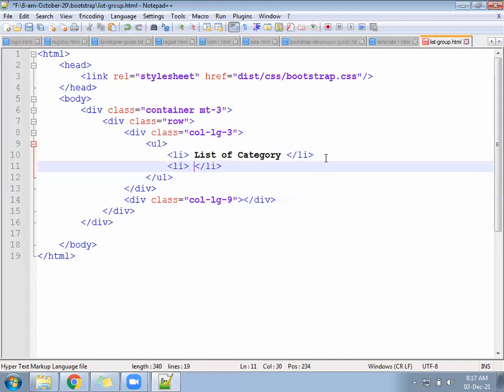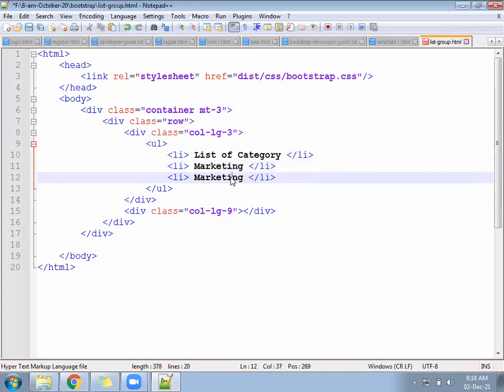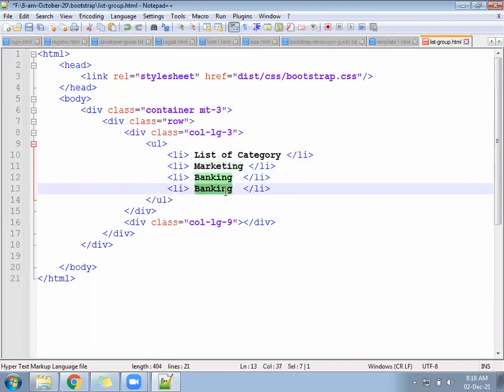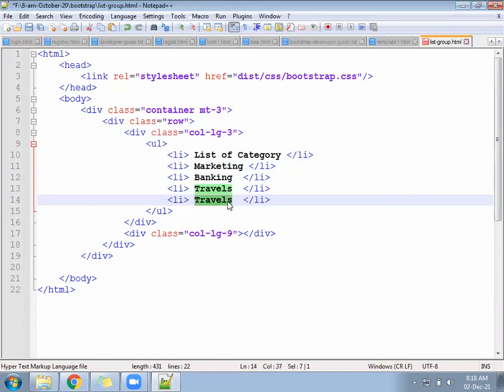LI marketing. Next LI banking. Next LI travels. Next LI IT software.